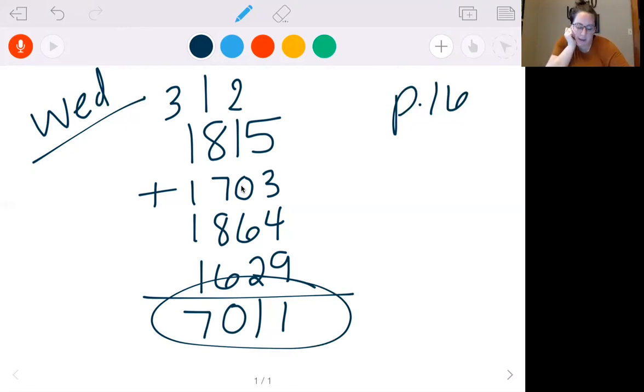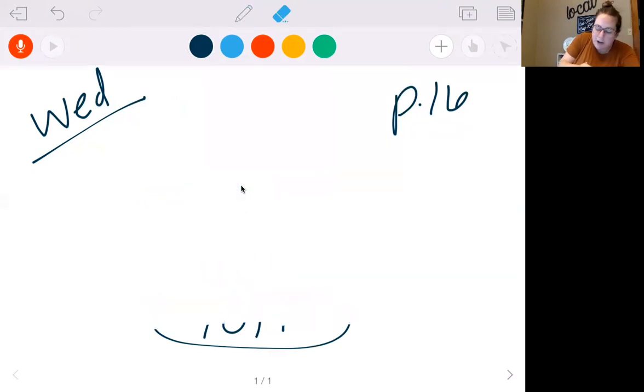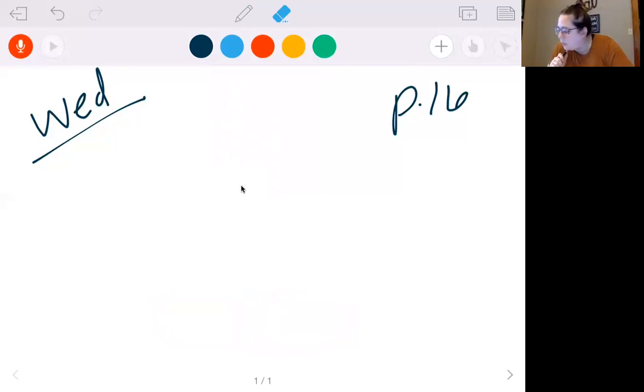So you know how to do this. Just make sure it's lined up correctly and you're double checking your work. Then it gives us subtraction. So let's look at that one. We need to know the difference in people who attended on Saturday at 2 and Sunday at 2. So we have Saturday at 2 was 1,703. Sunday at 2 was 1,629. So I'm going to write 1703